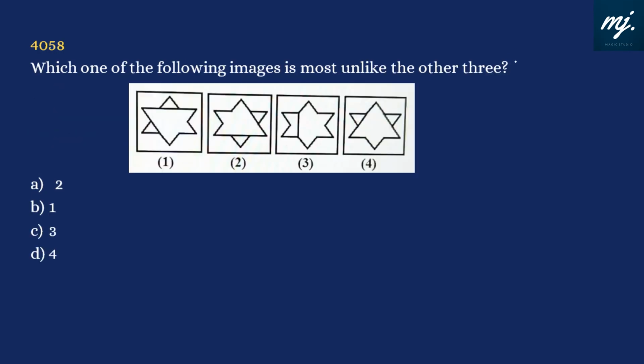Okay, now these are non-verbal reasoning pictures, and quite a few 3 to 4 questions were there out of 15 in this section. Which one of the following images is most unlike the other 3? So we can see this arrowhead here. Arrowhead. Okay, same kind. This can be seen in this also. But not seen this kind of figure in the third diagram. So I'll select the third diagram, and that is in option C.